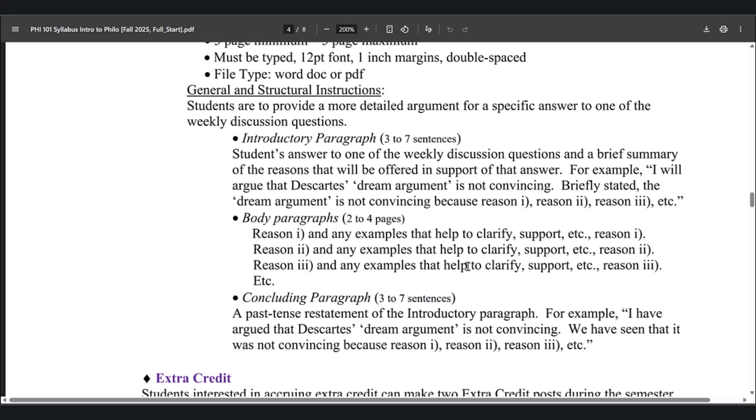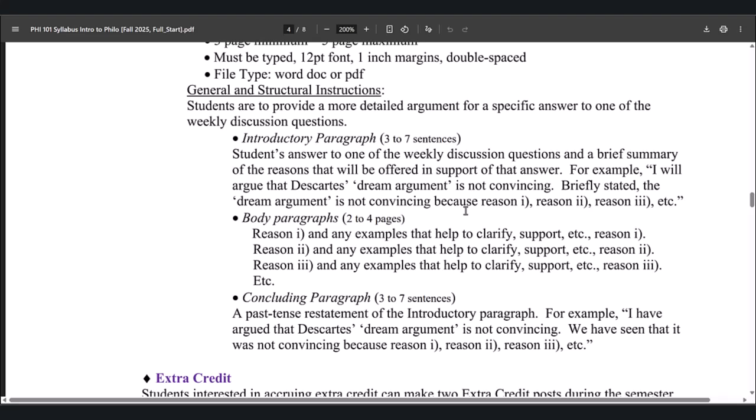So the intro paragraph and the concluding paragraph, if you can write an intro paragraph, you've got your concluding paragraph. Just turn it to past tense. Works every time. And then in philosophy and argumentation, you always tell people what you're going to do. You do it. Then you tell them what you've done. And you can look through this, and it's always on